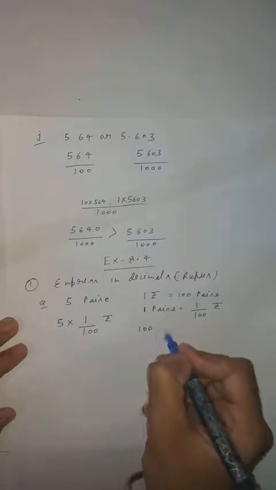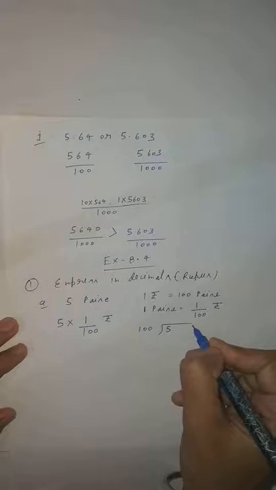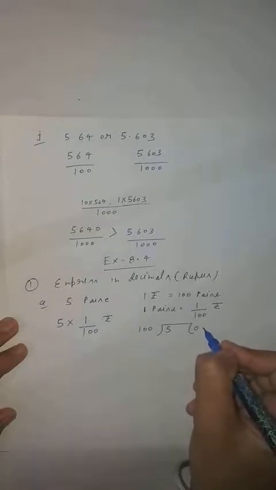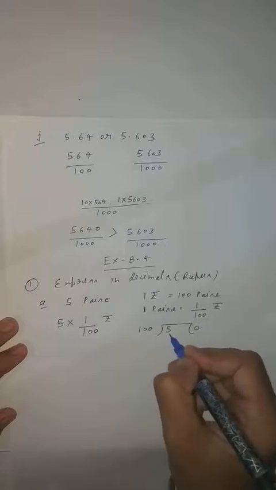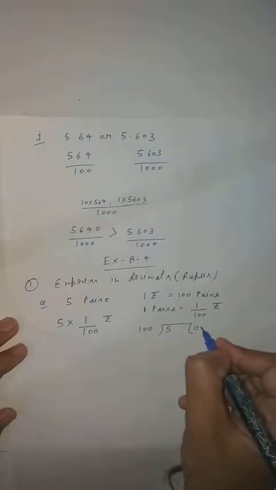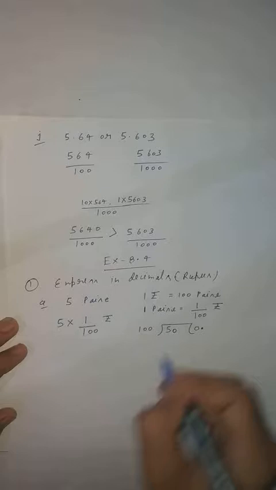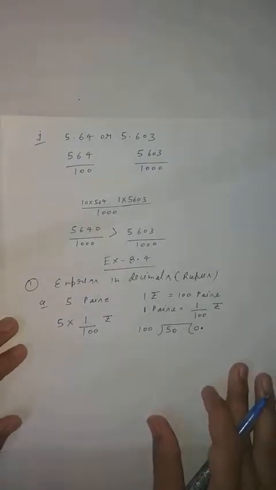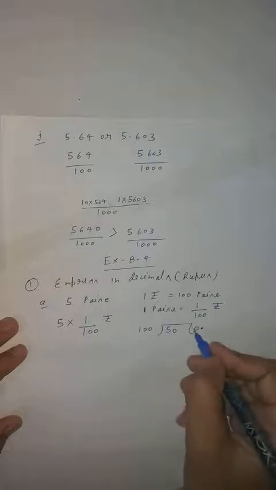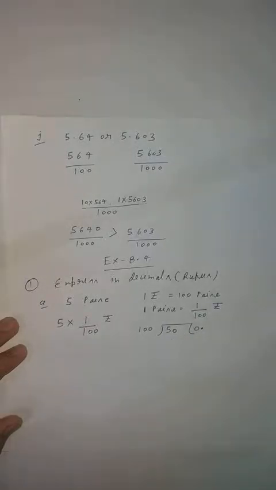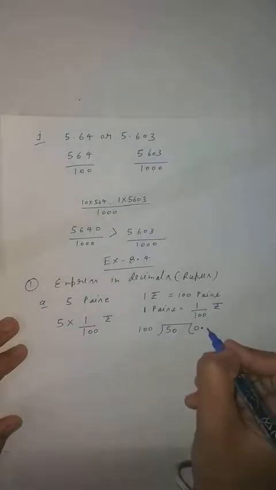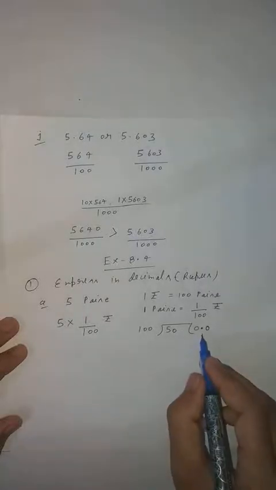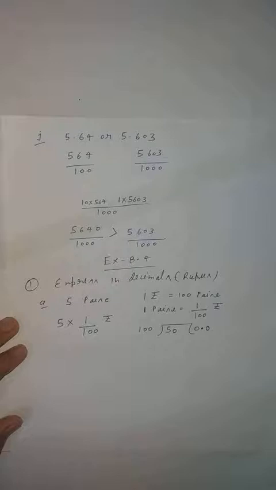Chalo, 100 and you have to divide 5. Clear? So you know that 0 you will use. Now 5 is less than 100, so you cannot divide, so you will put 1 decimal. After you put the decimal, you have to write only 1 zero. Clear? Not 2 or 3 zeros, only 1 zero. Achha, now 50 is also not divisible. So what you will do? You will add 1 zero, because if you are using decimal, you have to add only 1 zero at a time, not more than 1.